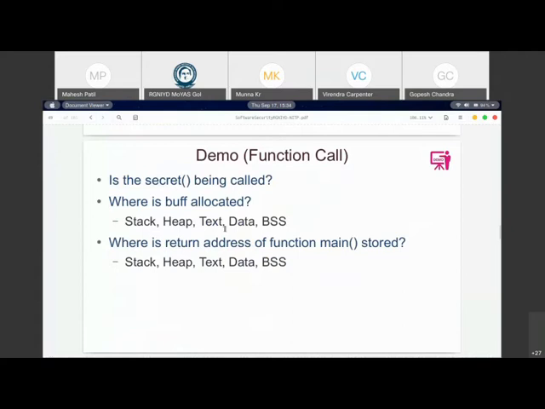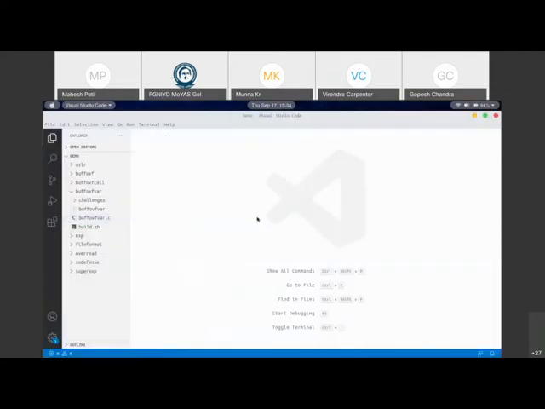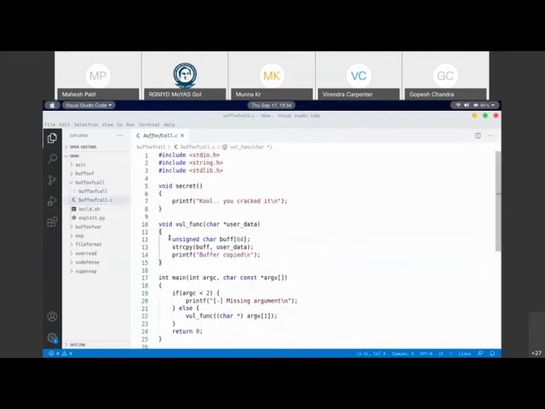I'm going to show you a piece of code. So let me just show you that piece of code first. So here's a piece of code. In this particular piece of code, do you see any place where this secret function is called? No. So how will the program flow go? It will first come to main. It will check whether two arguments were passed. If the arguments are not passed, then it will just exit. If the two arguments are passed, then that argument is also passed to a function called vulnerable function, which is here on line number 10.